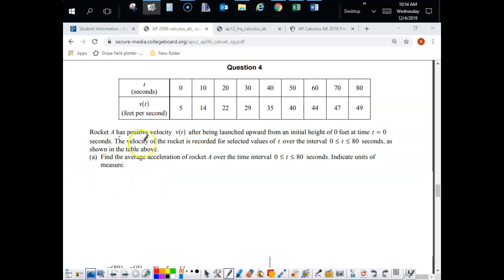So part A is asking us to find the average acceleration of rocket A over this time interval, and they want us to indicate the units of measure as well. So we want the average acceleration of the rocket on the interval from 0 to 80, and we want to give the units of measurement. Well, they're asking for acceleration, and this table is velocity, and it's an average. So the average acceleration is going to be